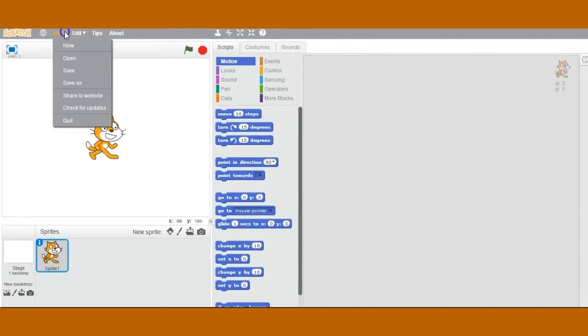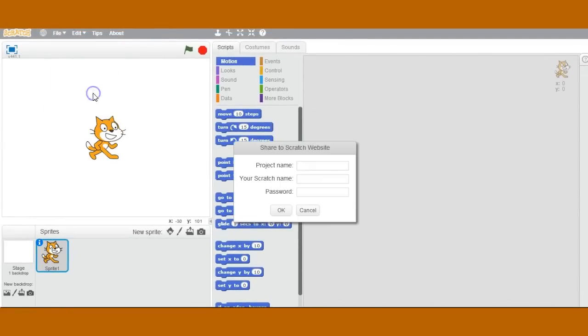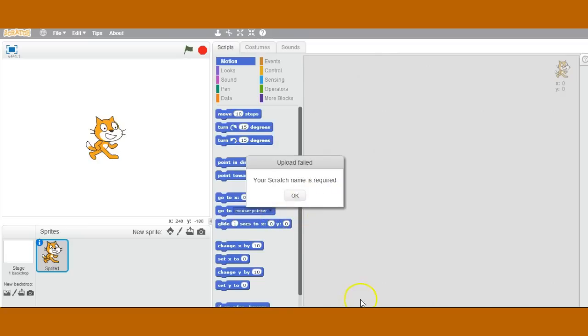So now if you just go to File, Share to Website, Project Name, whatever, and then here you write your Scratch username that you just chose, and your Scratch password, and when you click OK, then that should publish it